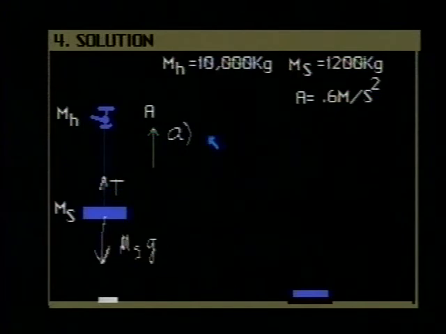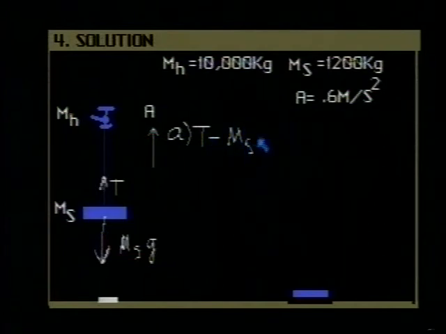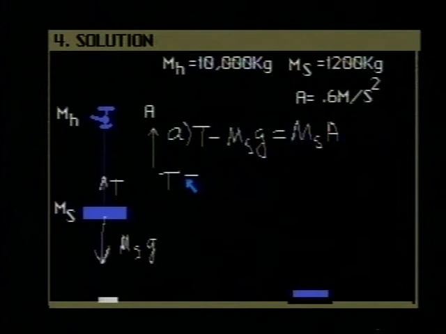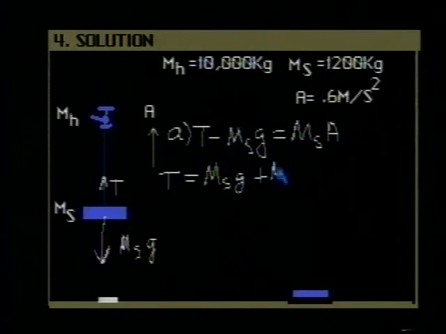And if we write Newton's second law for the girder, we would have T minus M sub s g is equal to M sub s a. Solving that for the tension T, that's equal to M sub s g plus M sub s a,